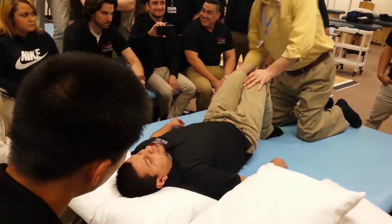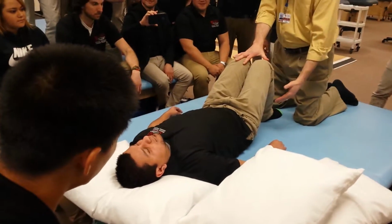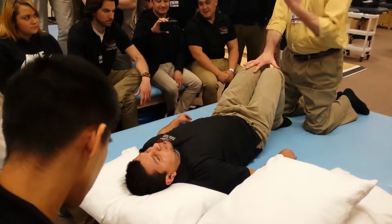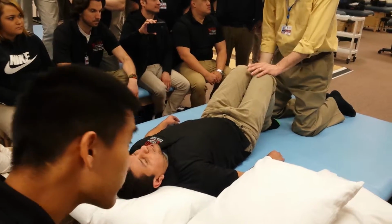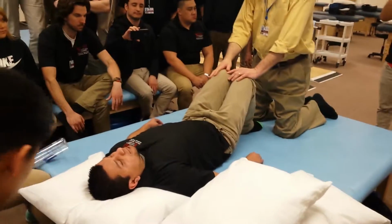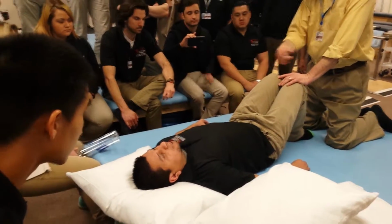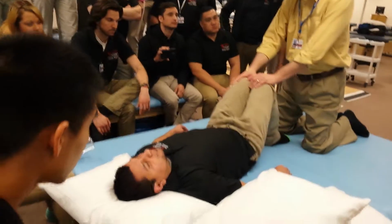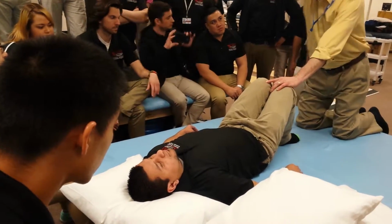So what I want you to do, and I went too fast, I want you just to go slow. So assume that you've broken the knee, you've decreased the tone, it's flexed. Maintain that flexion, bring it up into this position, which one of the descriptions is semi-Fowler position. And then try the rotation. See if you can see, even in normals, if there's a tight side and a less tight side. And then do those 3 stretches: shoulder, ribs,